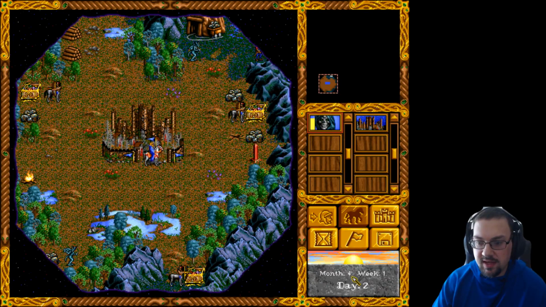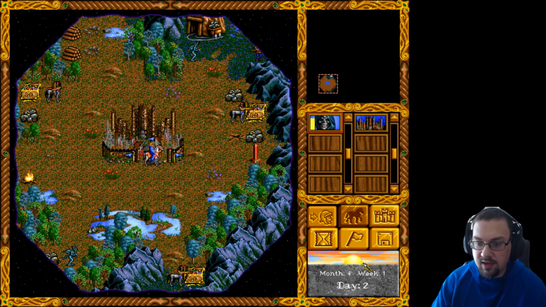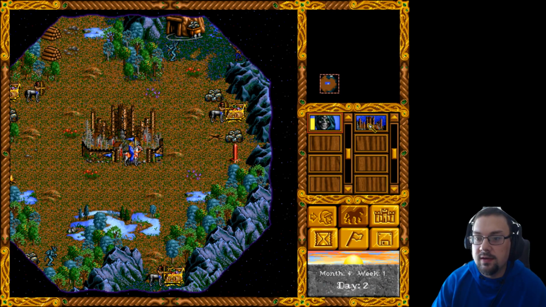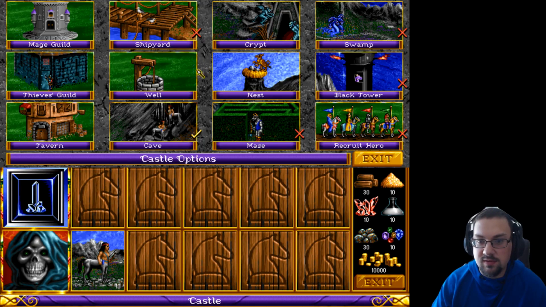Let's take a look what day it is. It's day 2, so we've got most of the first week to work with. Again, time in this campaign just follows on from your last level, so month 4 right now. In our castle, we only have the cave built, so that's a little bit less than ideal, and our starting hero does not have any...